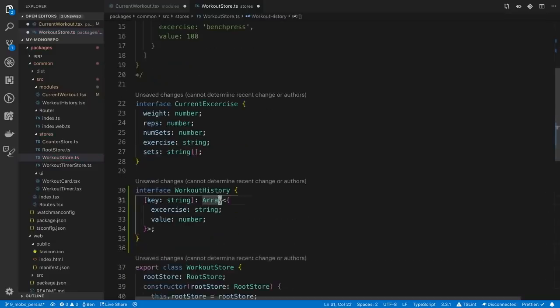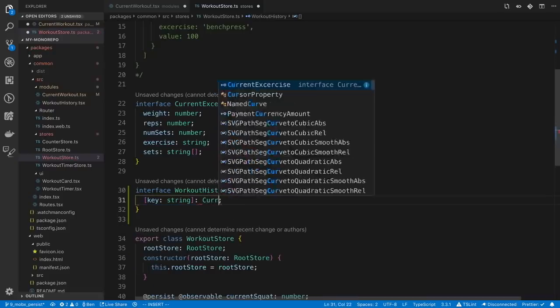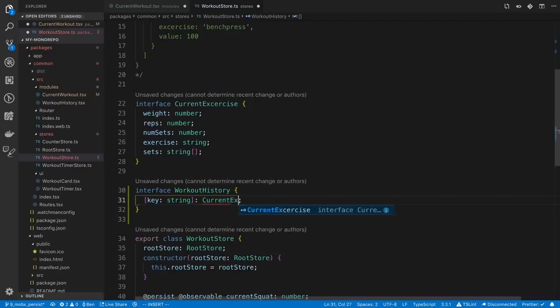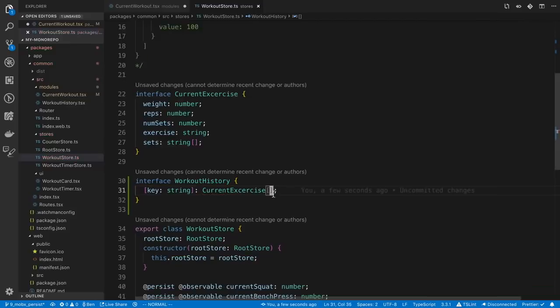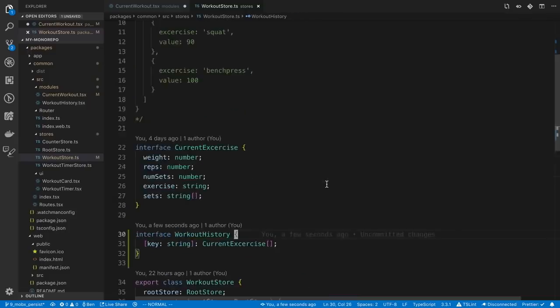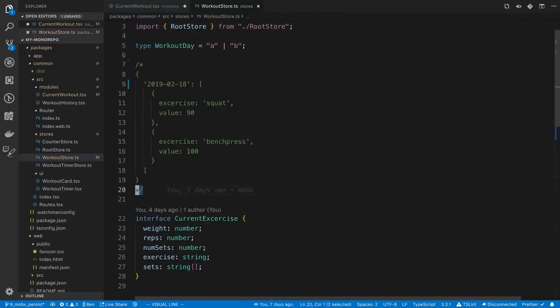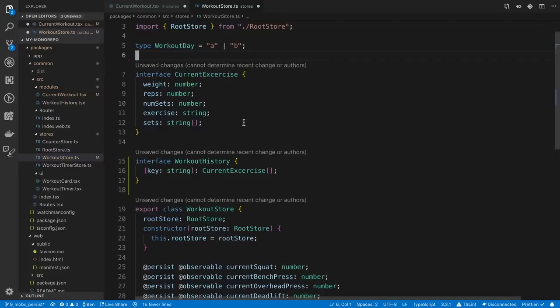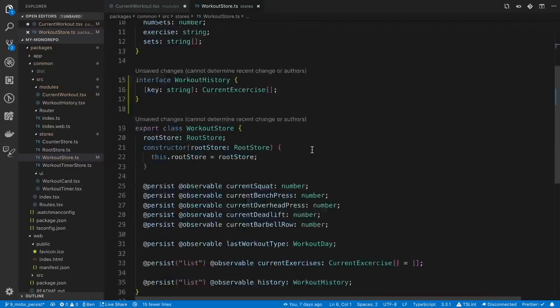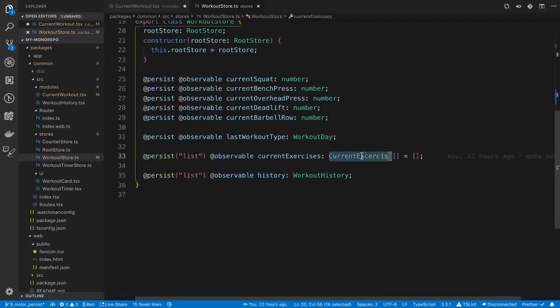And so here, I'm going to say current exercise an array. So basically on a given day, someone did an array of current exercises is the idea. So we don't really need this anymore. This comment is not really representative of what we're doing. So basically what we're going to do is we're going to take this array and save it in the history